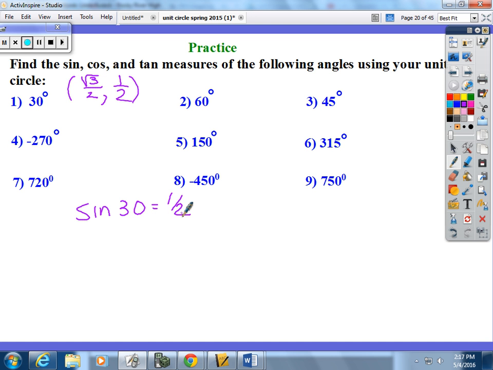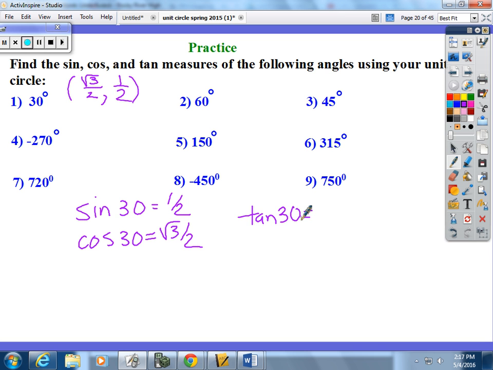And what would this, think about it before you listen to my answer. Stop, see if you can figure it out. Cosine of 30 is going to be which coordinate? It's going to be square root of 3 over 2. It's going to be your x coordinate. And then tangent,